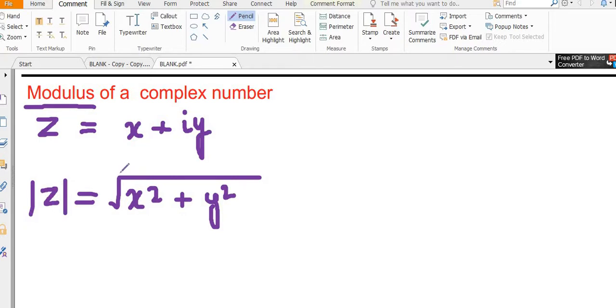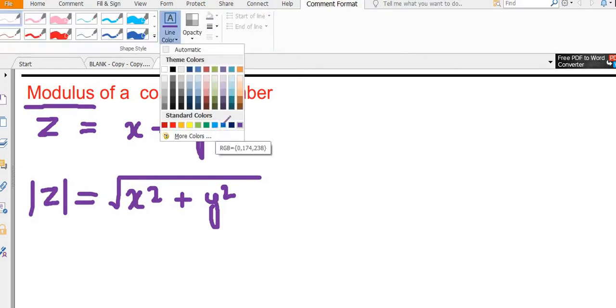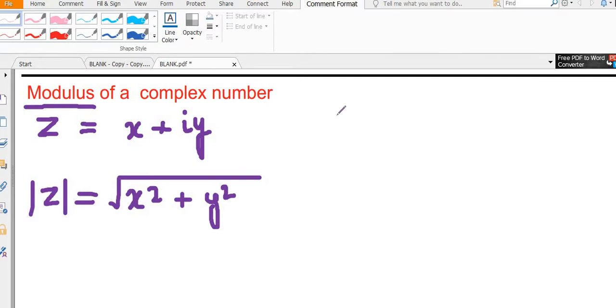Now there are two things that come to our mind when I talk about this. First is modulus. The word modulus has another application in mathematics. We have come across the term modulus somewhere else as well. Think about it this way. Let's say I have a number minus 3. What will be the modulus of minus 3? The modulus of minus 3 is actually 3, which is positive 3. If you want to be very specific about it, it's plus 3.